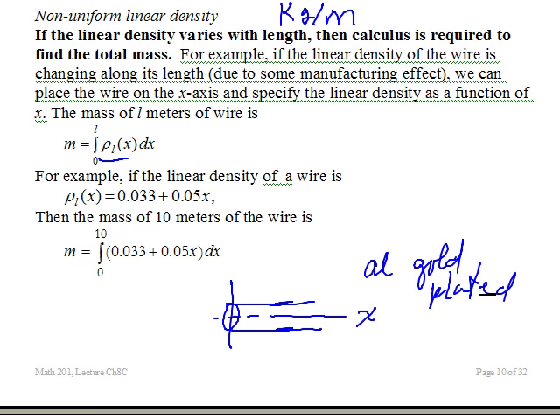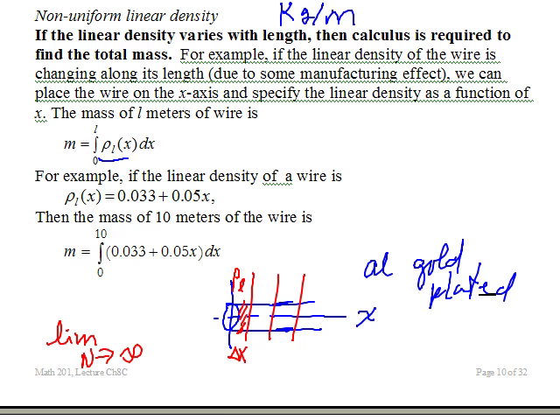You would do the usual thing you do in calculus over and over again. You would divide it into little sections. In each little section, you would assume that the density was constant, and you'd multiply by the length of the section, which would be delta x. And you proceed here, sum over all these little sections, take the limit as the number of little sections goes to infinity,